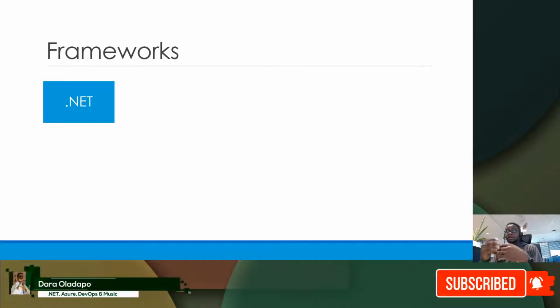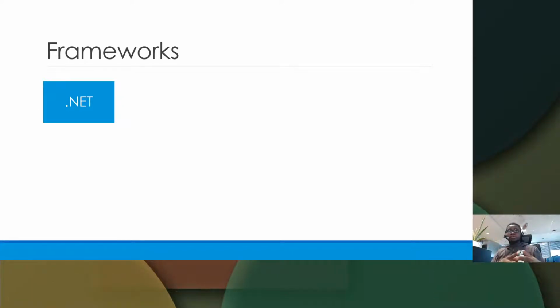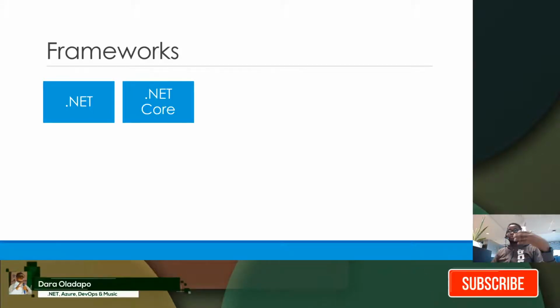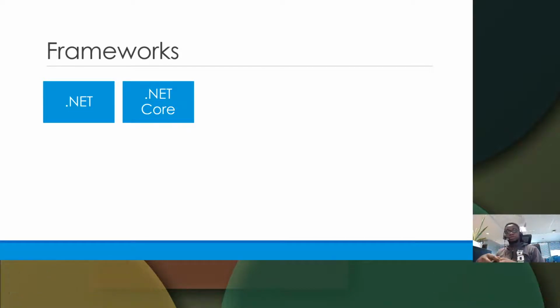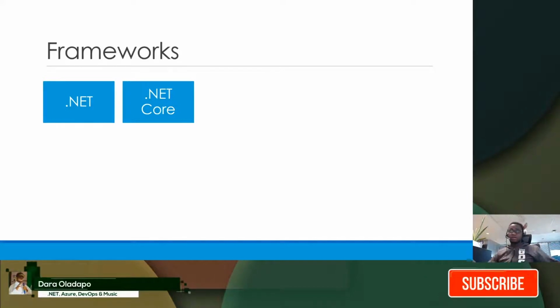But the era came when .NET became open source and cross-platform, and that is why we have .NET Core. It means that .NET can now run on Windows, Mac, Linux, your smart TVs, your smart watches, your fridges, your IoT devices. It is just all out there. So that is .NET Core for you.